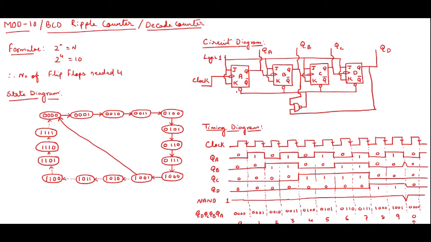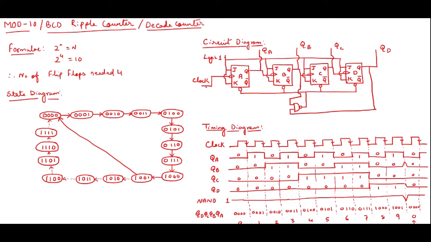So 4 flip flops I need, so I've taken 4 JK flip flops. Okay, so the flip flops A, B, C, D are all identical JK flip flops. To the first flip flop I have given logic 1, and the same logic 1 I've connected to all the other flip flops. You can see I've connected over here to all other flip flops, C also, D also. That means logic 1, 5 volt, is given to all the inputs of the flip flops.